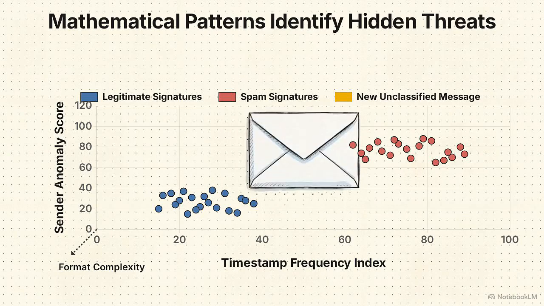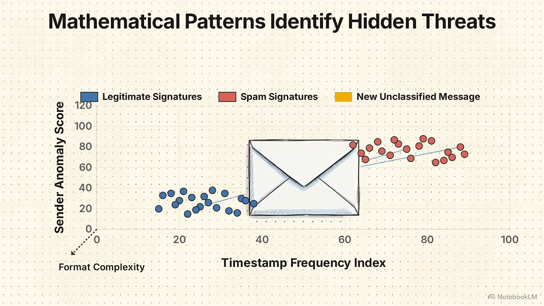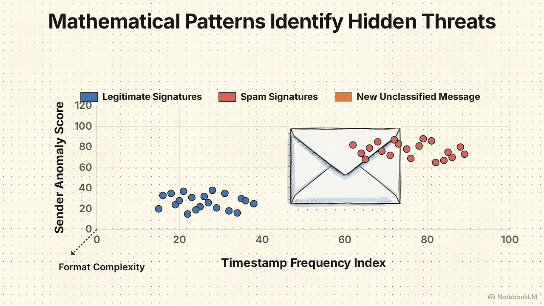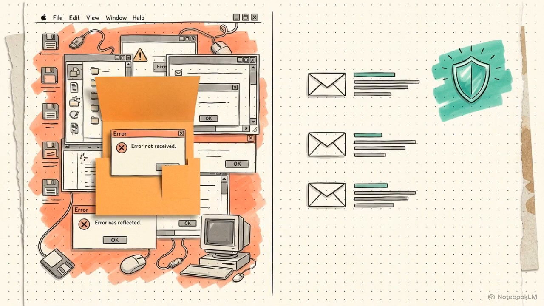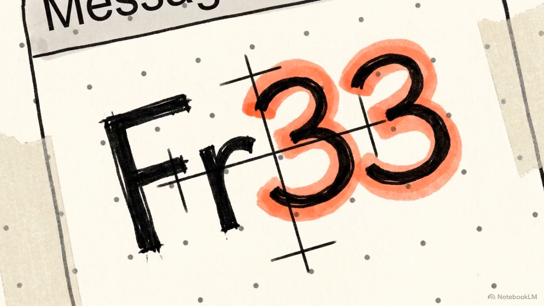When a brand new email arrives, the system doesn't check a list of keywords. It simply measures where that new message fits mathematically within the patterns it has already learned. This autonomous pattern matching is why modern filters are so much more effective than they were 15 years ago. The machine is catching subtle tricks that are impossible to program by hand.